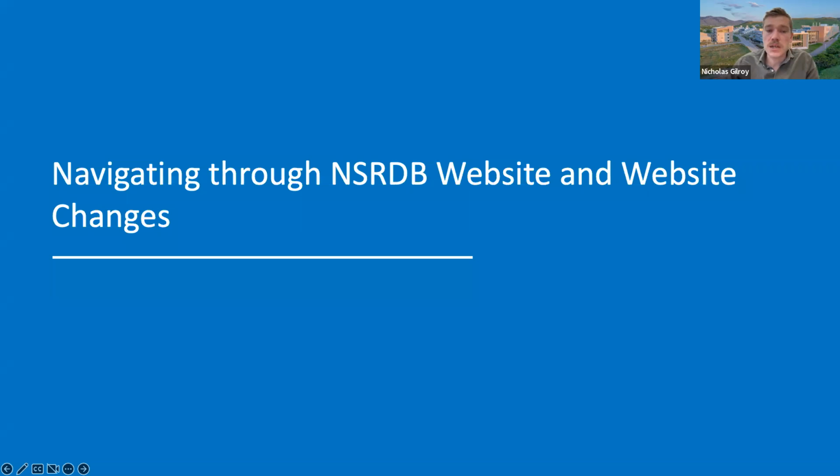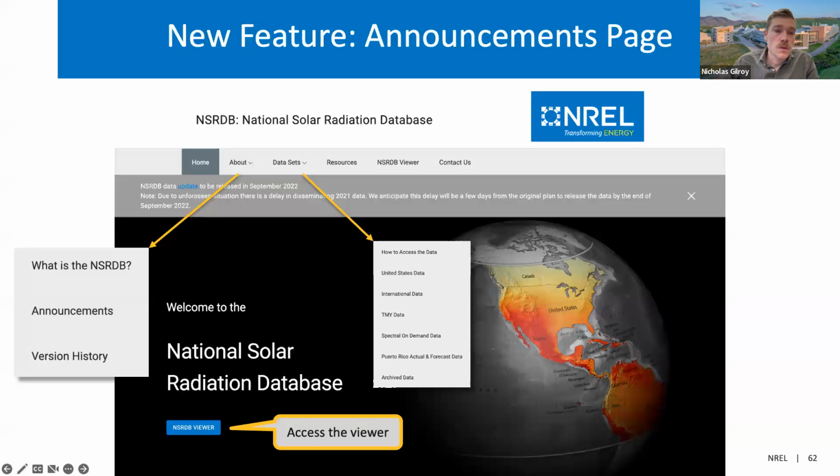Now let's transition from data dissemination and highlight some broader updates to the NSRDB website. The website is accessible at nsrdb.nrel.gov, and it's been updated to include a revised navigation bar along the top. Currently, we're on the home page. In the navigation, you can note the About page. Nested in that dropdown is a new page dedicated to sharing announcements from the NSRDB team. This page has all relevant updates, and the latest post discusses the newly updated PSM dataset in more detail.